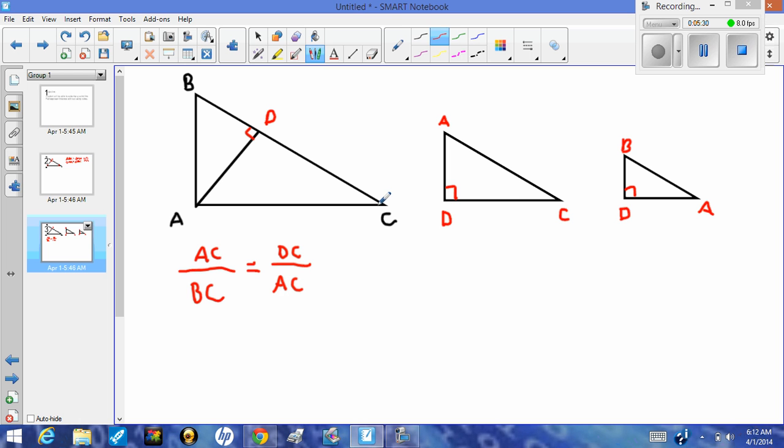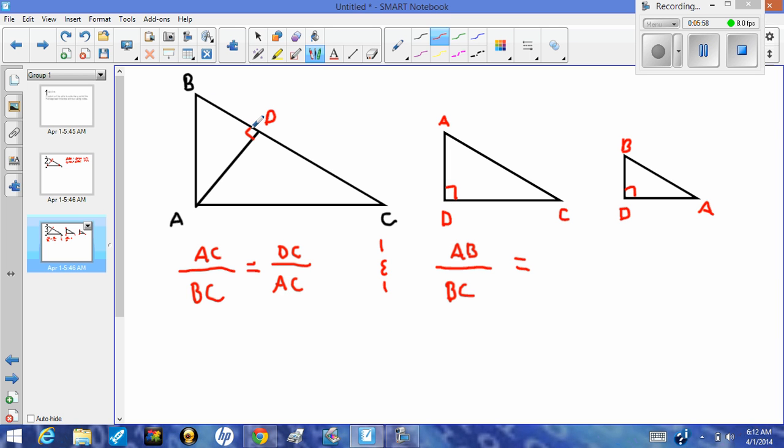And that's what I'm trying to use, the sides that make up the hypotenuse. So let's see if we can do the same thing with the smaller triangle. So for the large triangle, again, since we used the bottom leg, let's use the side leg, AB, and again, that's over its hypotenuse, BC, and that's going to be the same as, well, we can see that